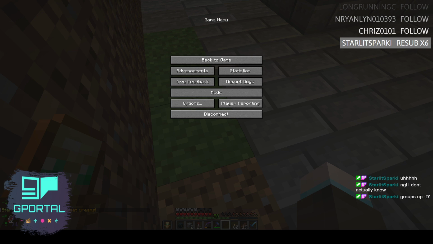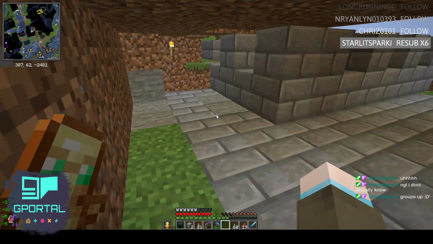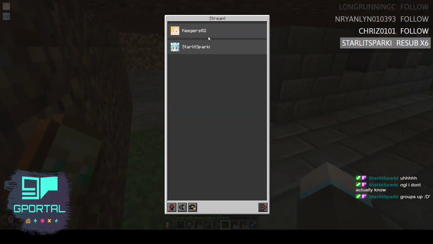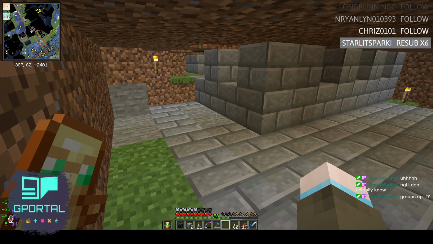Bam. All right. The reason I kill Chrome is that when I go back into Chrome, I can just use Control-Shift-T and boom, I am back in. And there's Starlit right there. How you doing, Starlit?